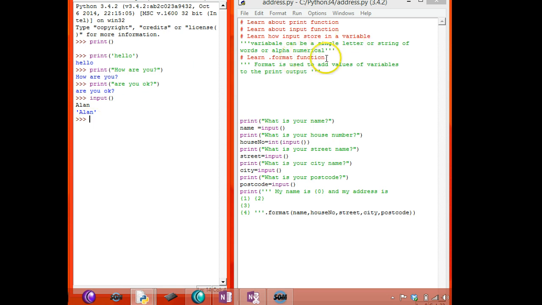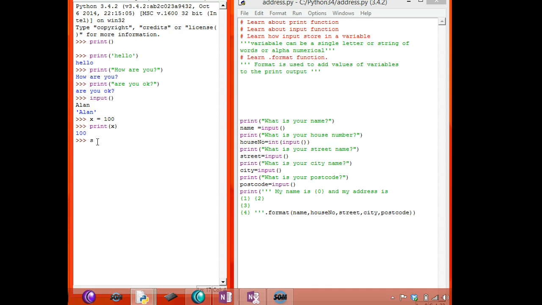Now we talked about variable. How to create a variable? A variable can be a single letter. So x equal to 100. If you want to print x, print open bracket, and I want you to note the difference between here and here. In this print function we use single or double quote, but here we are printing a variable. You should not use any quote here. When I press enter, it will print the value of x.